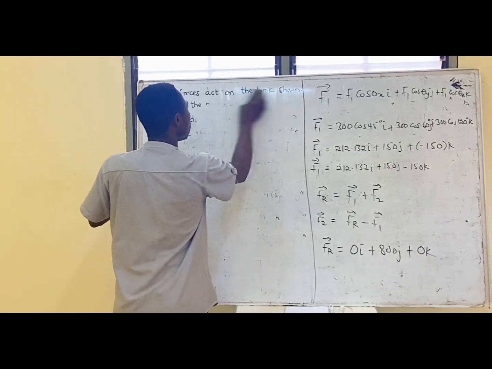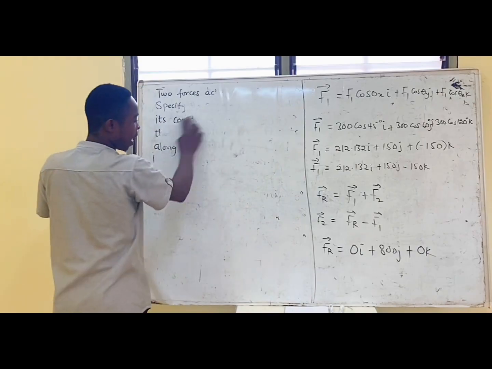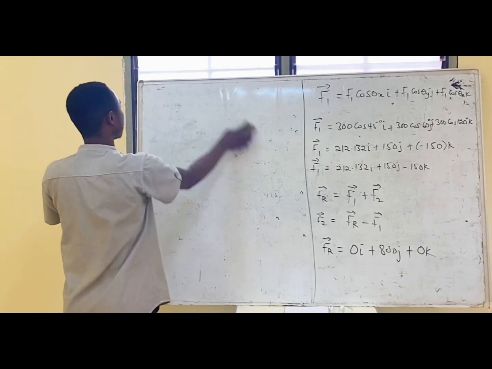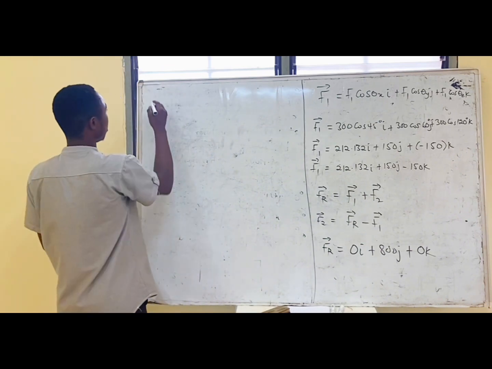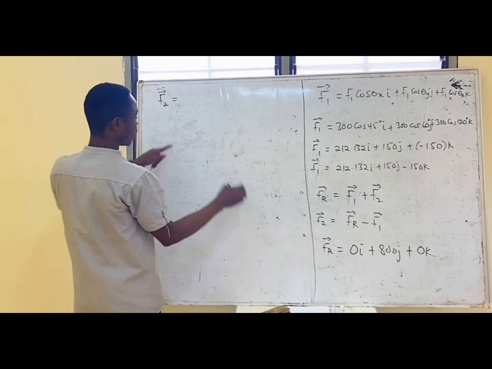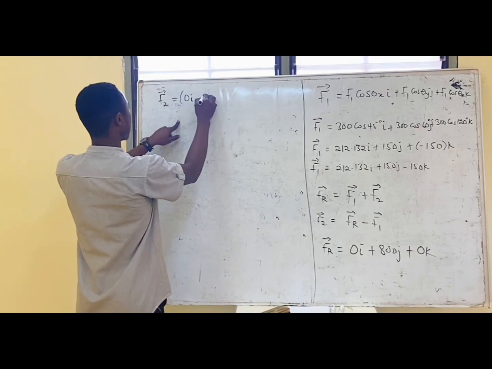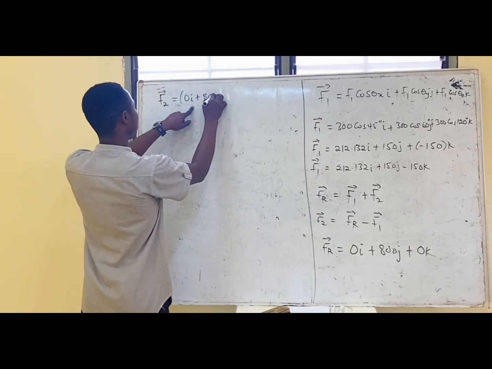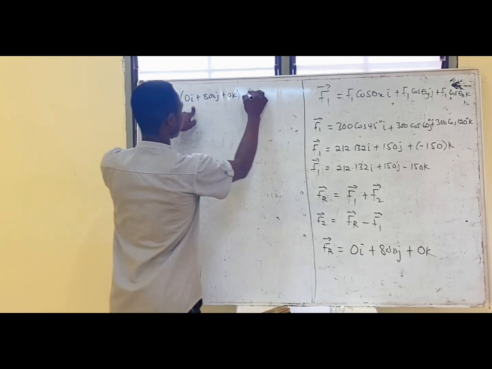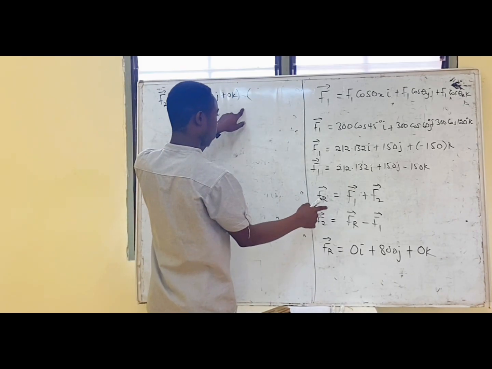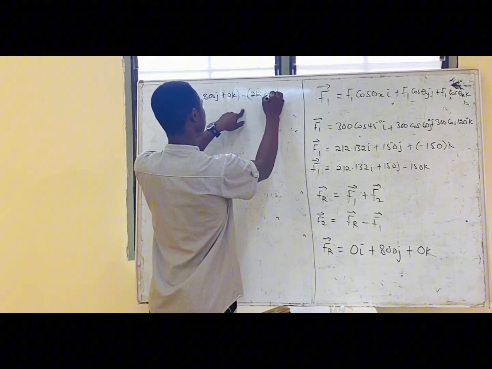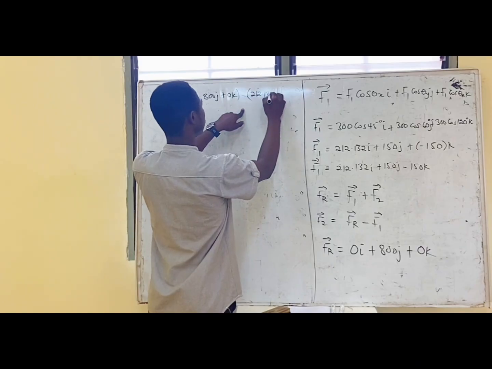You subtract the F1 from our FR, which is the resultant. So we have F2 bar equal to FR, which is 0 i plus 800 j plus 0 k, minus the whole of F1 bar, which is 212.132 i